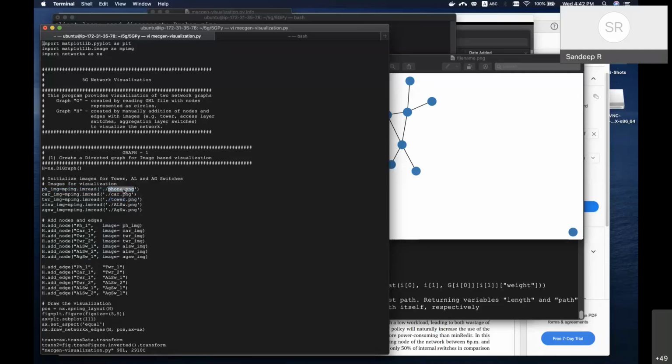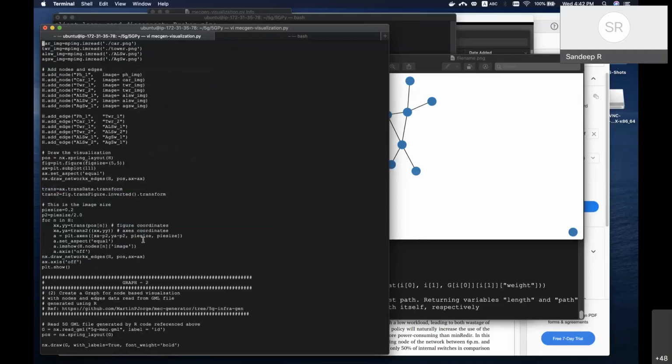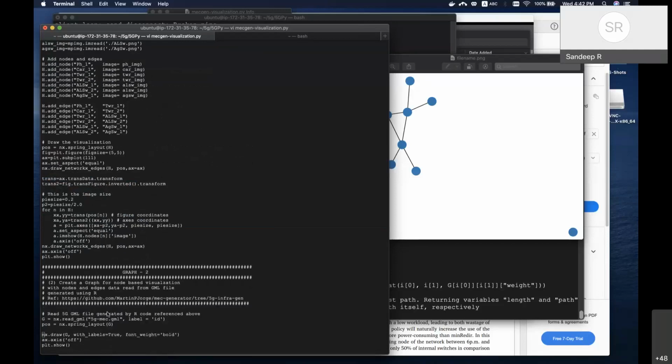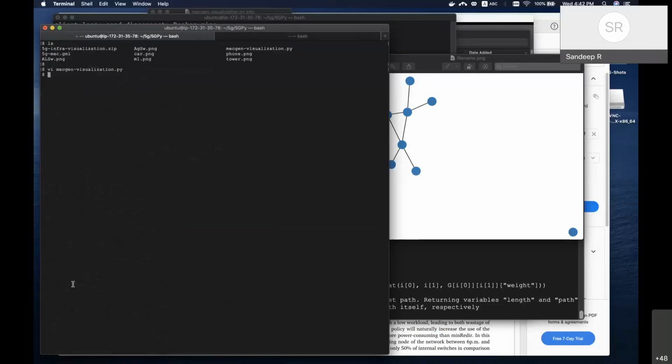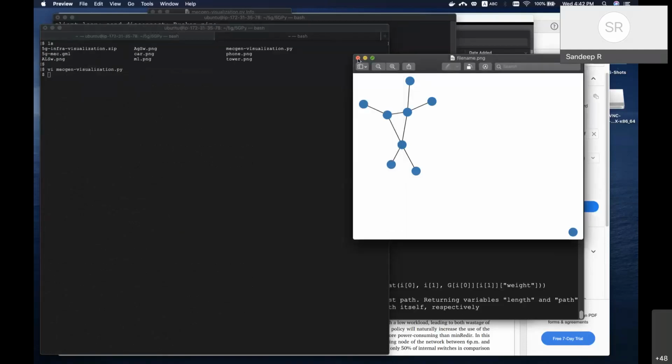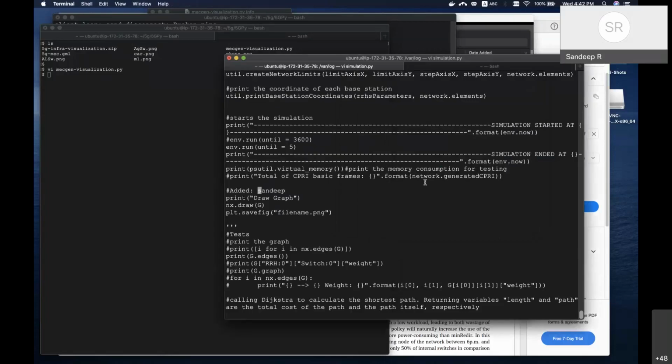So there's a picture of phone, car, tower, switches, and all that. Whenever we create a node or an edge, we put the corresponding image so that it shows what is coming out. Then we call the graph DB and show it off. That's it. I think this is promising.